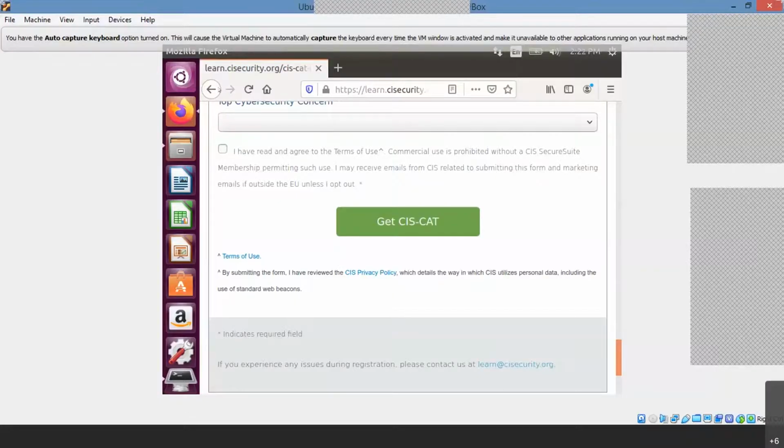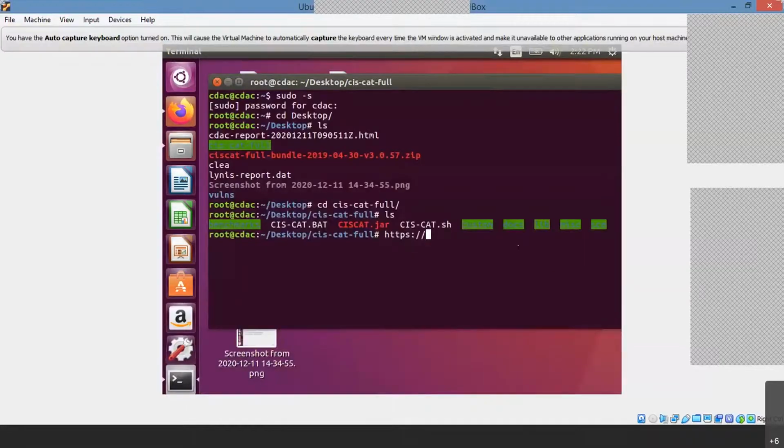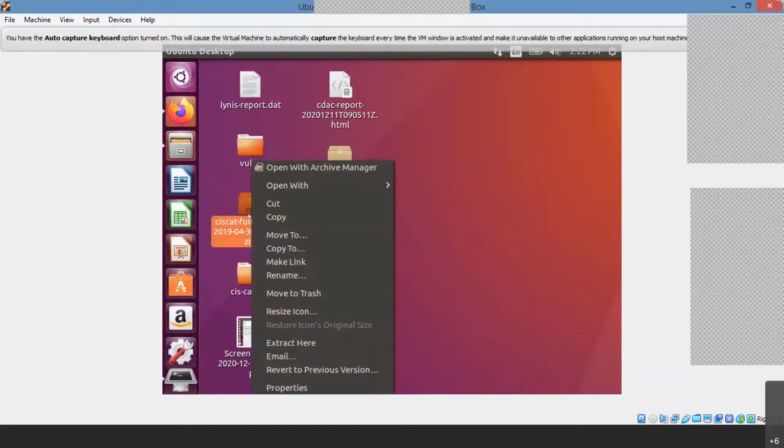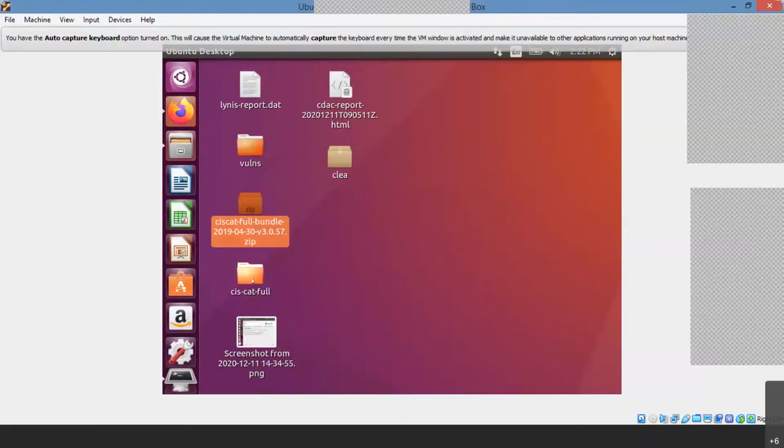Okay. So once you're done with this software installation and download, you can just go to the terminal mode. When you download the zip file, this is my zip file actually. Right click it, open with Archive Manager. As soon as I'm done, this is the file which I got. So hope you are clear on how to download the Syscat tool. Any doubts about downloading the Syscat tool or going to the link?